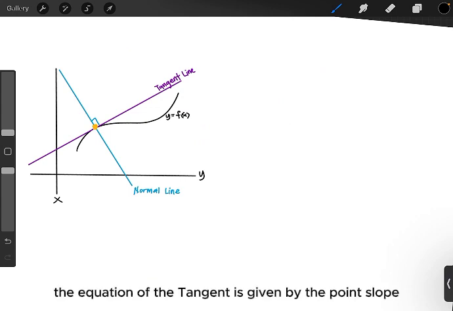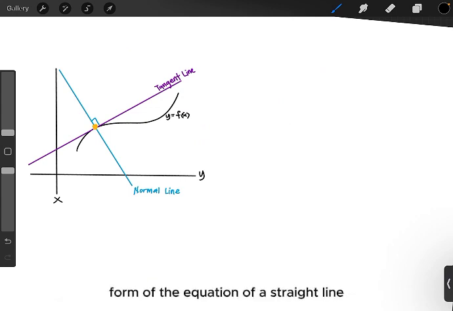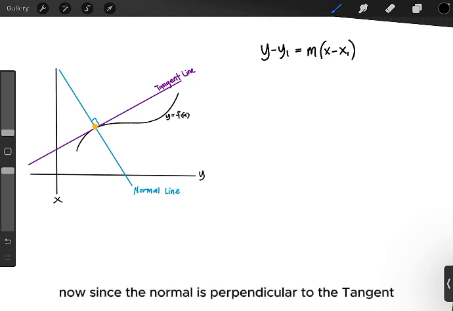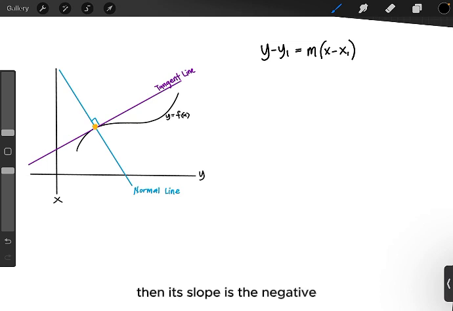The equation of the tangent is given by the point-slope form of the equation of a straight line in analytic geometry. That is, y minus y sub 1 equals m times x minus x sub 1, where m is equal to the value of y prime, or the slope of the equation. Now, since the normal is perpendicular to the tangent, then its slope is the negative reciprocal of the slope of the tangent. Hence, the equation of the normal line is